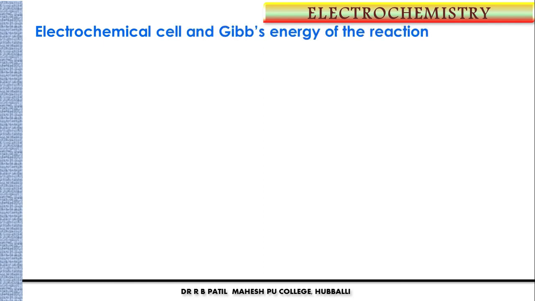So let us see the last concept, that is calculation of standard Gibbs free energy for electrochemical cell reaction. Okay, students, when a cell reaction takes place, electrical energy is produced. See, this electrical work is done with the expense of free energy present in the cell. What do you mean by free energy? Even we people also have free energy. Free energy means amount of energy available for doing useful work.